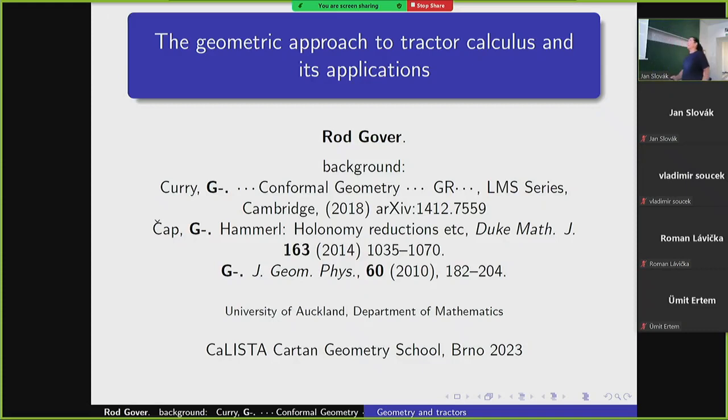A student of mine now at Oklahoma State University. It's got keywords in it, conformal geometry and GR, I think. And then there's an article which is sort of a conceptual background to some of the things, with Andy Čap and Matthias Hammerl, to do with holonomy reductions in this Cartan type setting. And that in turn is linked to some earlier work of mine, which was kind of purely in the conformal setting. And actually,